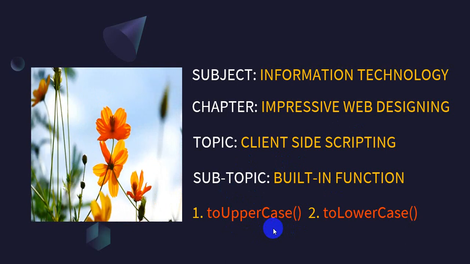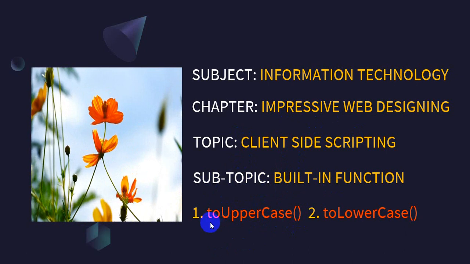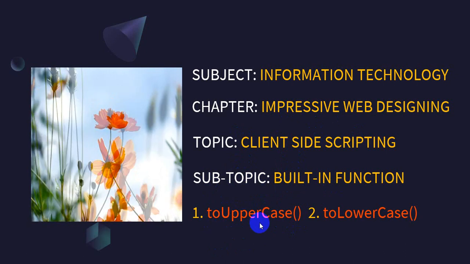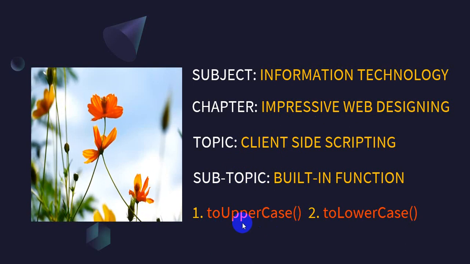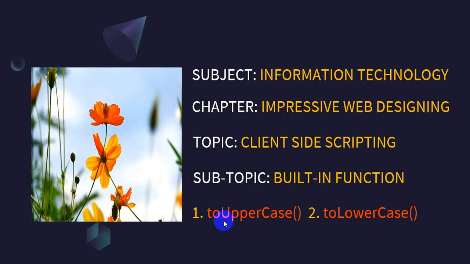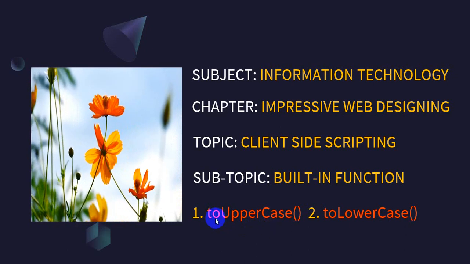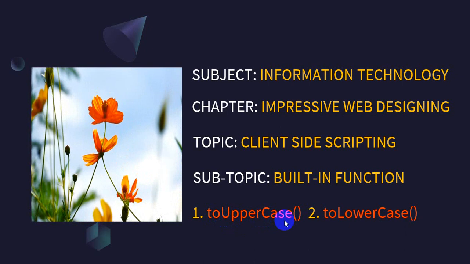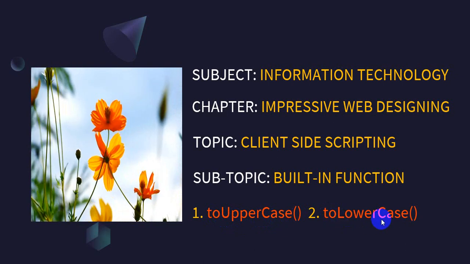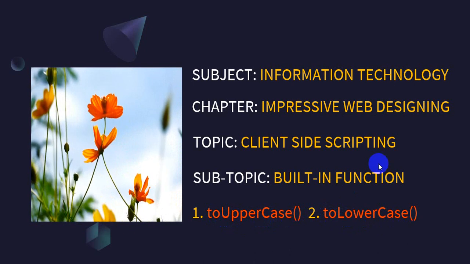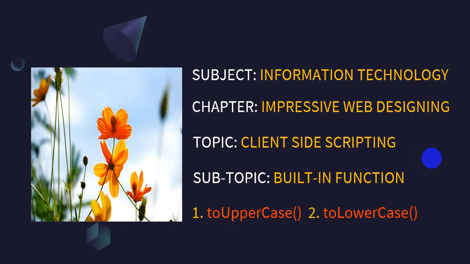Like we have seen parseInt, where I was in capital, and parseFloat, where F was in capital. In the same way, toUpperCase is a built-in function given by JavaScript which is used to convert a string into uppercase. But you have to write the letter U and the letter C in capital, and there is no space. toUpperCase is a single word. In the same way, toLowerCase is a single word where the letter L and the letter C are in capital. Now we are moving towards some examples of these functions.